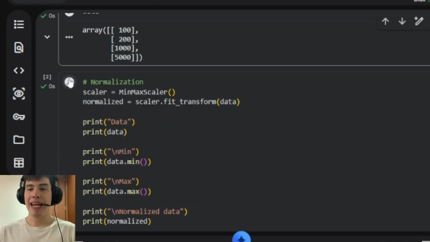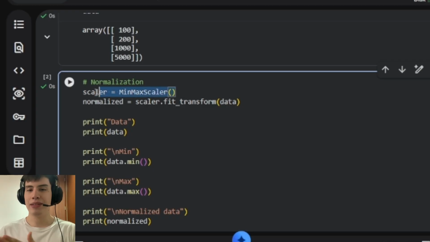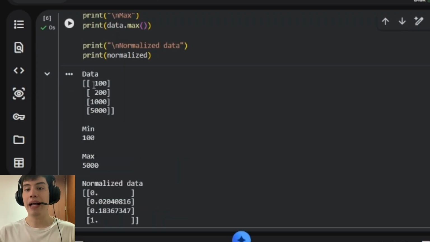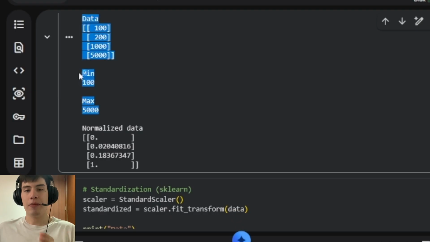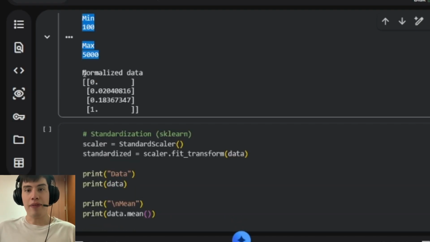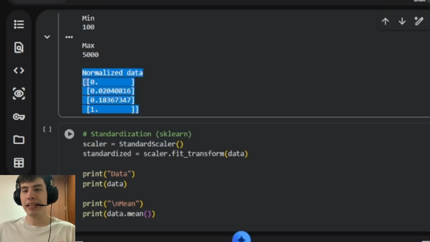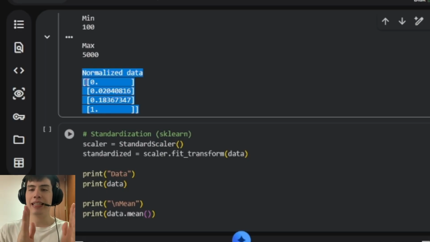Here we create a min-max scaler and call fit transform on our data. That line does everything. It finds the min and the max and then rescales all the values. Looking at the output, 100 becomes 0, or minimum, 5000 becomes 1, or maximum, 200 becomes about 0.02 and 1000 becomes about 0.18. You can already see the outlier effect here. Because 5000 is so far from the other numbers, the values 100, 200, and 1000 all get squished down near